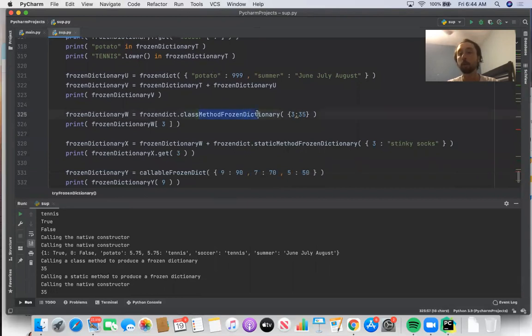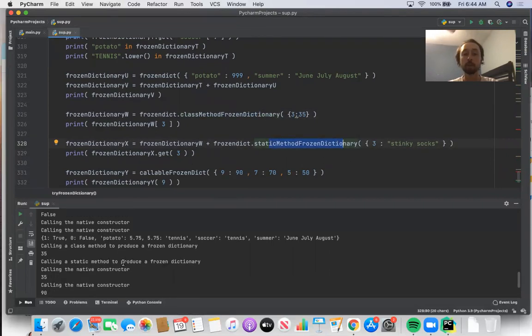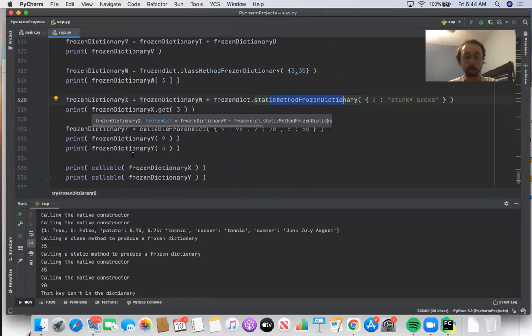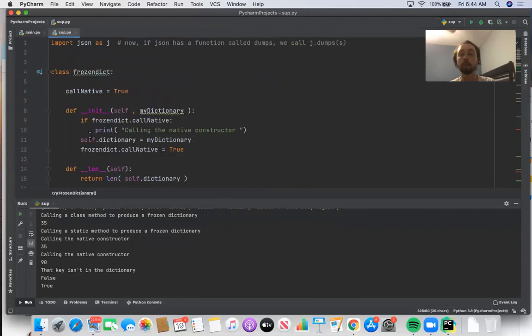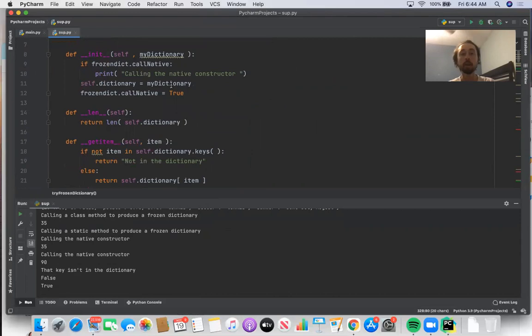And then we can test out our class method frozen dictionary function and our static method frozen dictionary function. You can keep trying this out, but basically the point is that a frozen dictionary could be implemented with a class, and we can see other examples in the next video. We're going to talk about the callable function, which is a standard function in Python, but there's going to be 3 more Python videos, and hopefully you're getting the sense of how you can implement basically anything you want as long as you use the